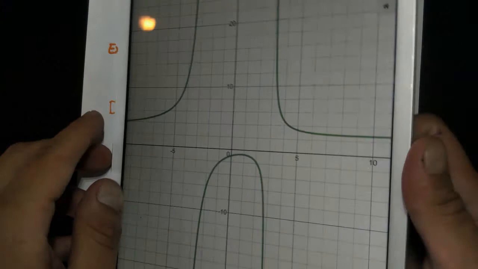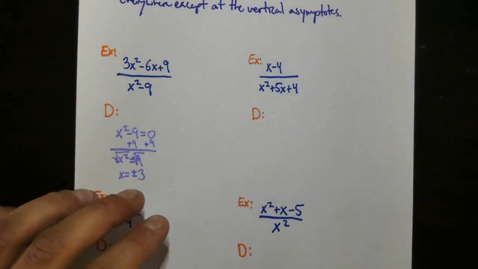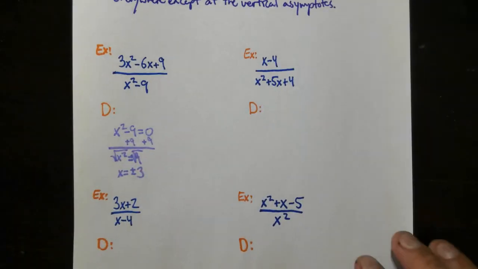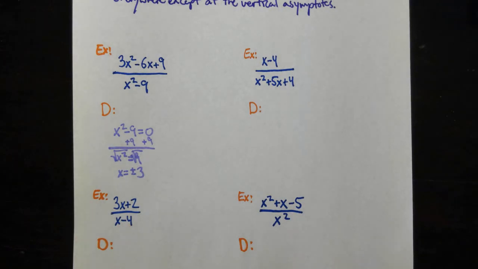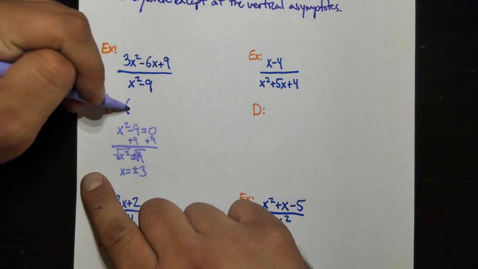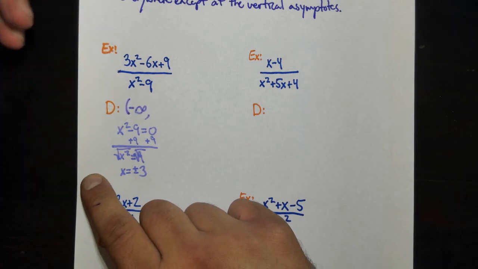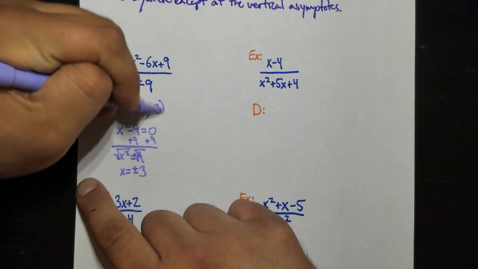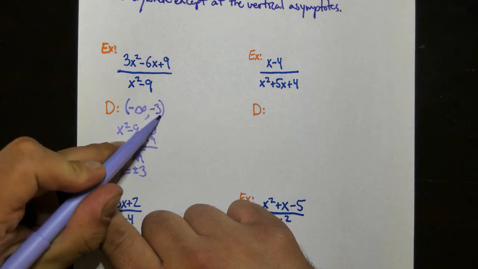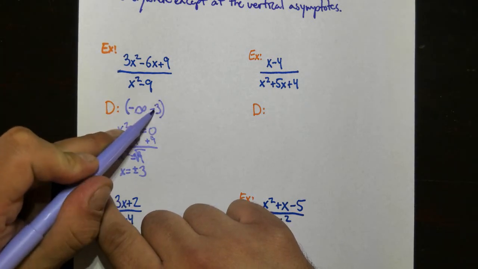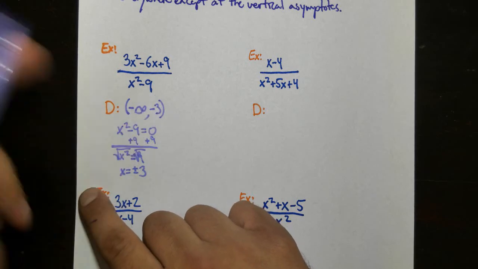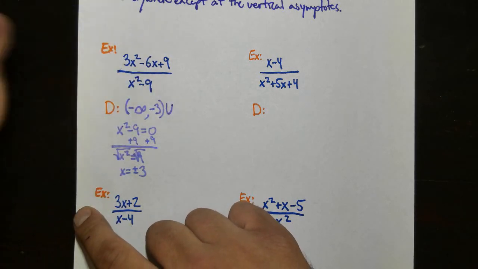Well, when we are talking about gaps in a domain, we're going to be using unions. So unions just kind of connect two sections of domains, but it omits what's in the middle there. So we discussed this one goes from negative infinity to negative 3, and then parenthesis. Remember, we use parentheses when it doesn't exist exactly at that point, so make sure to use parentheses instead of brackets. And then union, it's kind of like a U,